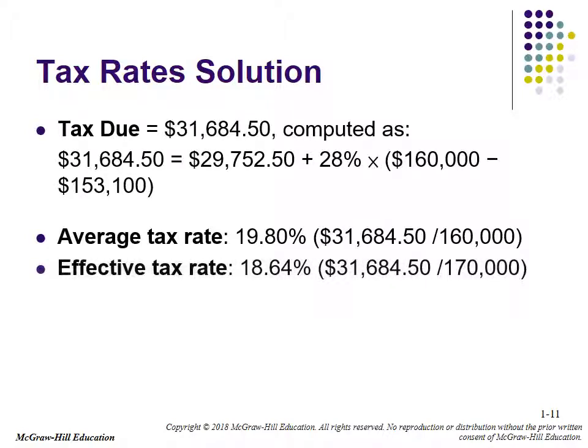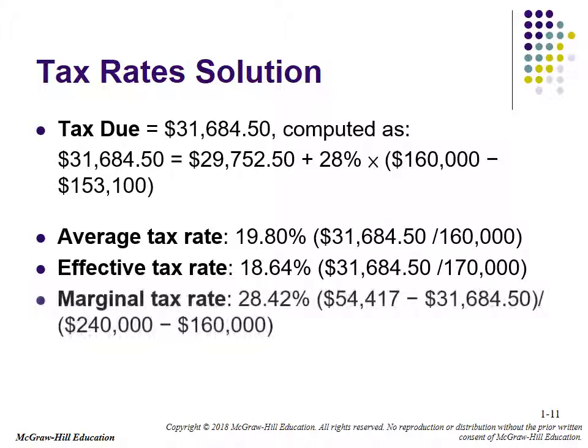Their effective tax rate would be the actual tax they paid divided by all of their income, which, remember, they have 10,000 of non-taxable income, or $170,000. So the total, you can look at this as all their income. How much was their tax rate or percentage on all their income? 18.64%, or that much of all their income is paid in as taxes. And their marginal tax rate, which right now is at 28%,